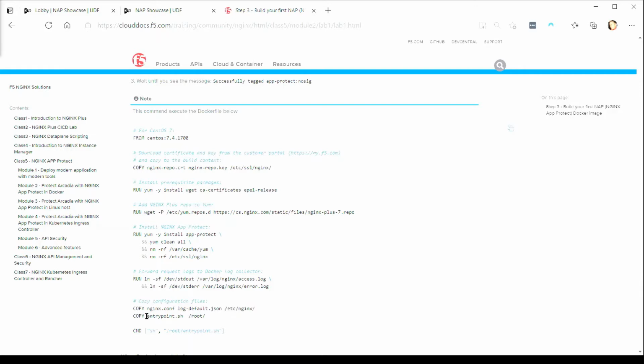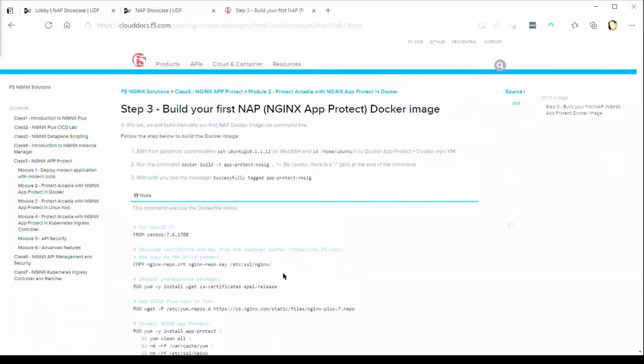We're also copying in a file called entrypoint.sh to root, and the entrypoint.sh is a vital file for the container because that, as this command here as the final step indicates, is going to be the starting command. When you run a container based off this image, it's going to do whatever is in the entrypoint.sh. Since this is an Nginx Plus container with App Protect, the entrypoint.sh will include a reference to Nginx, spinning up that as the base service of the container. Anyways, that was just a brief explanation of what the Dockerfile contains.